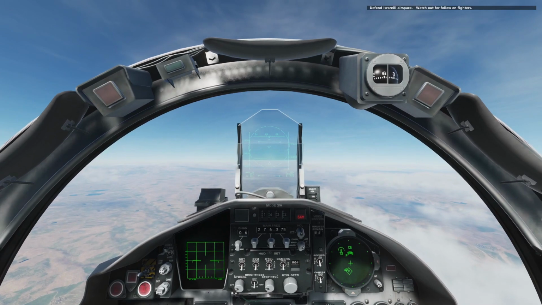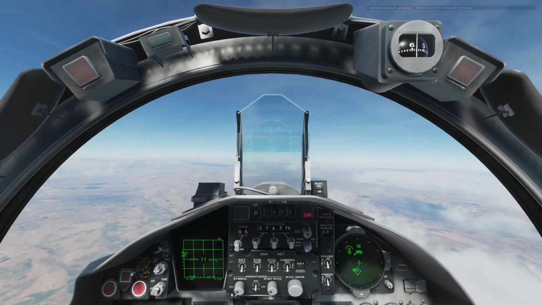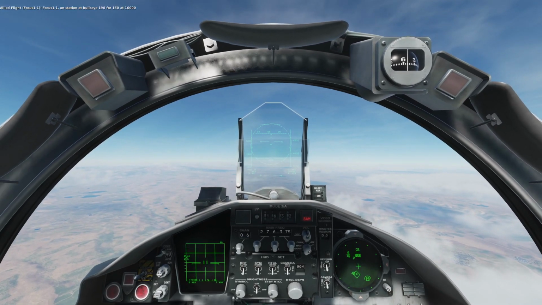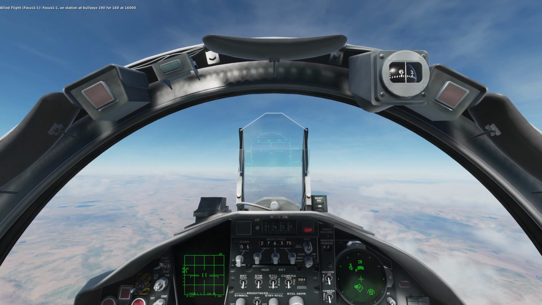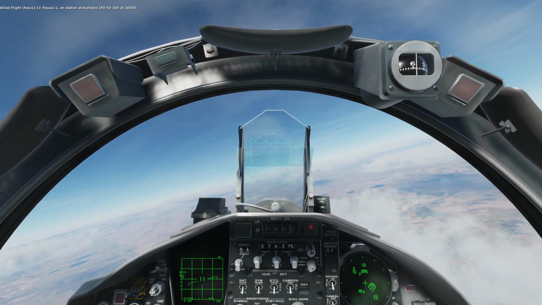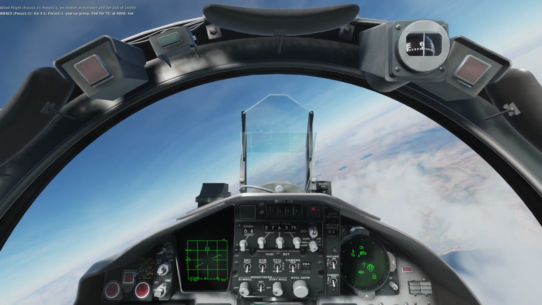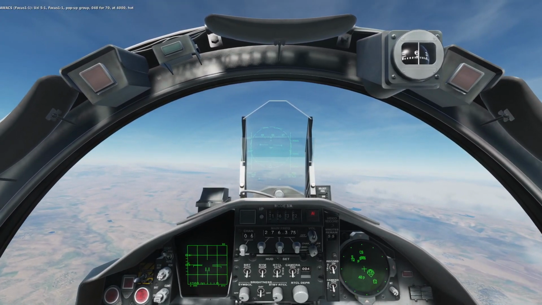Israeli airspace. Watch out for follow-on fighters. Alright, so a few things I haven't really talked about. 190 for 160 at 16,000. 190. Uzi 5-1. Focus 1-1. Pop-up group